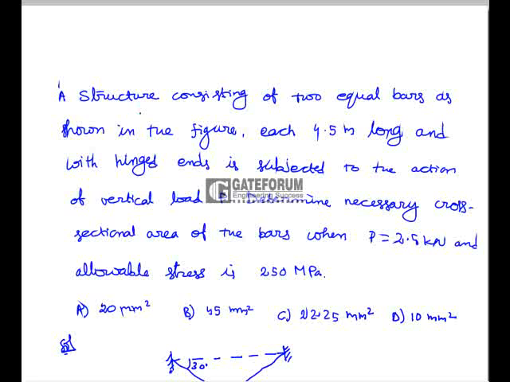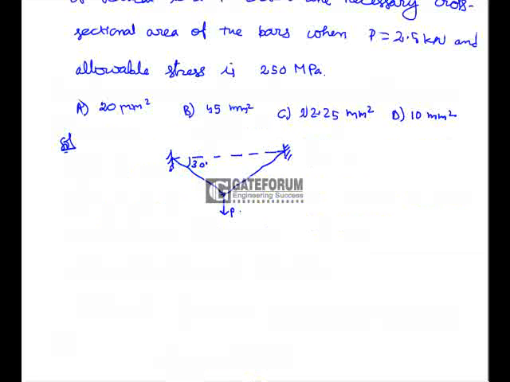So here in the given diagram, there are two bars of equal length subjected to a vertical load of P at this point. Let us say this is A, B and C. So here a vertical load acts at the point C, and these two are of equal length, so that the angle between the second bar and the horizontal line is also 30 degrees, and the angle between these two bars is 120 degrees. Now from the free body diagram,